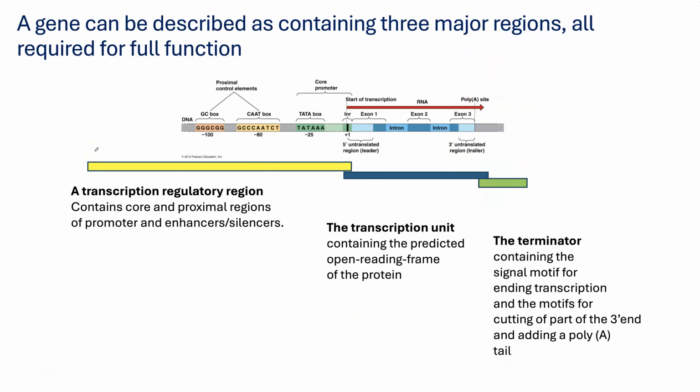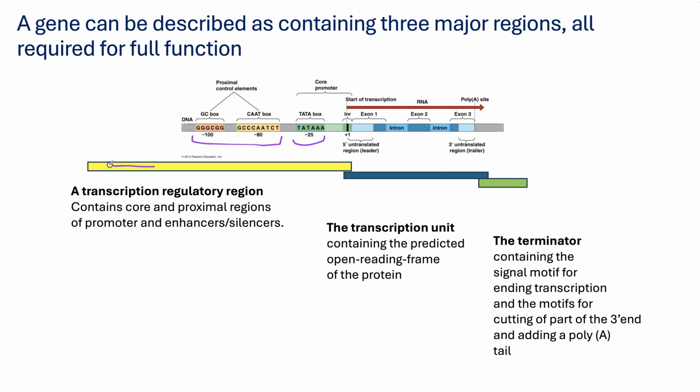Okay, so if we were thinking about the gene, go back to the DNA, and we think about the gene. A gene contains three sort of general regions. The first is the regulatory region, and there is a promoter and proximal control elements. Proximal means nearby, and so basically within a hundred or so nucleotides of where your transcription begins, you have three types of elements. You don't need to memorize these. You just need to know that there is a promoter region.